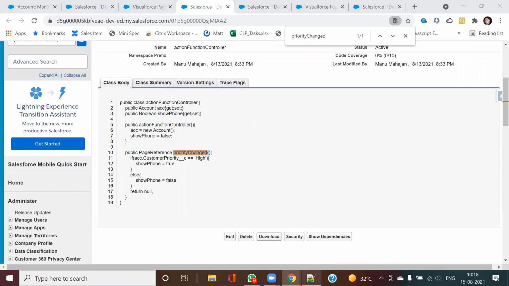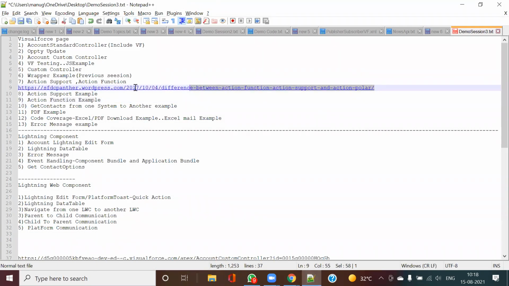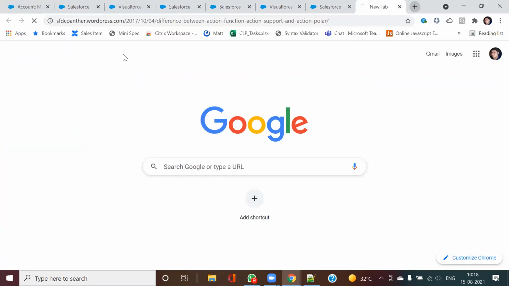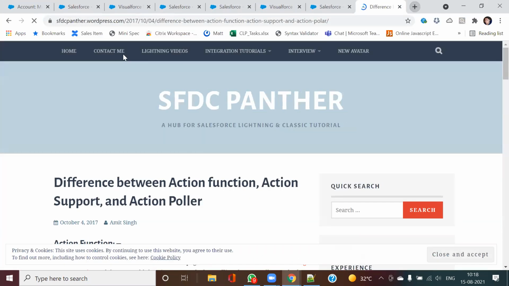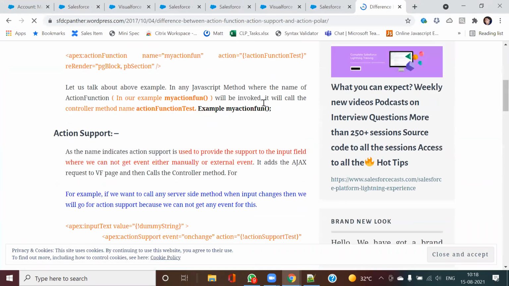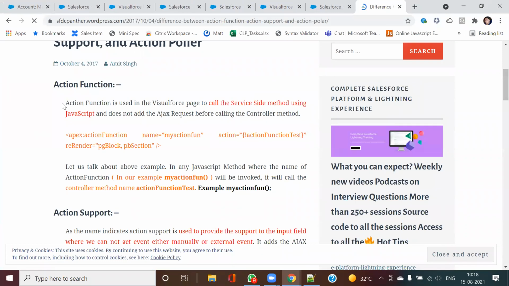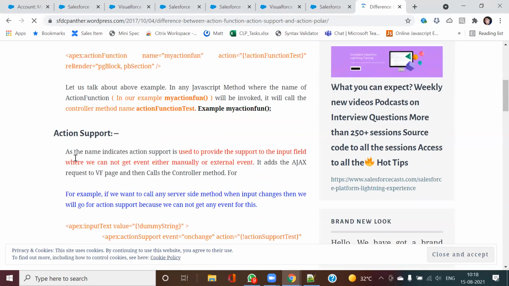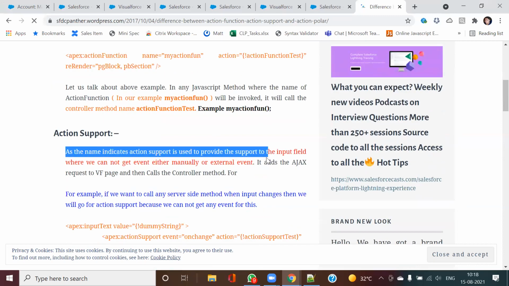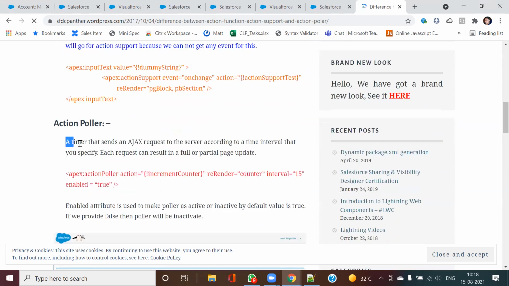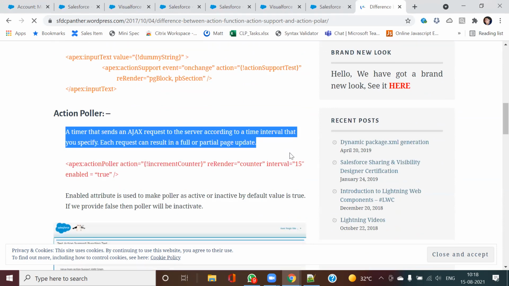To check these differences, you can refer to this article to understand it. Here I explained action support, which is Ajax support, and the third one, action poller, which is a timely Ajax request.